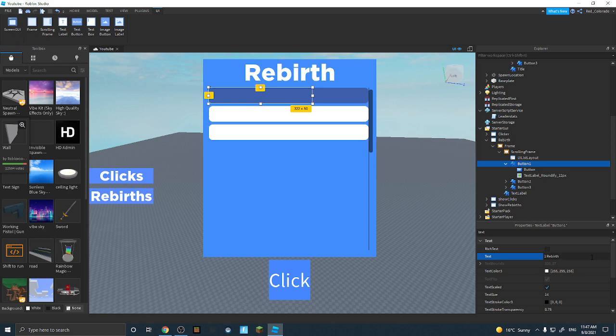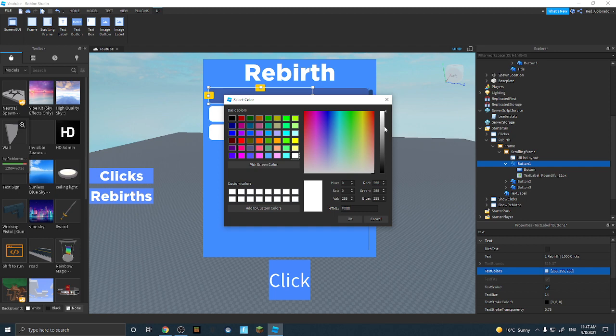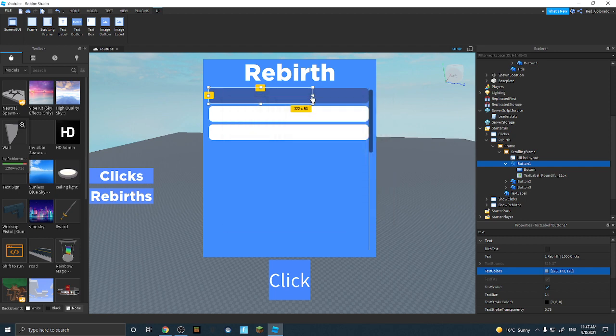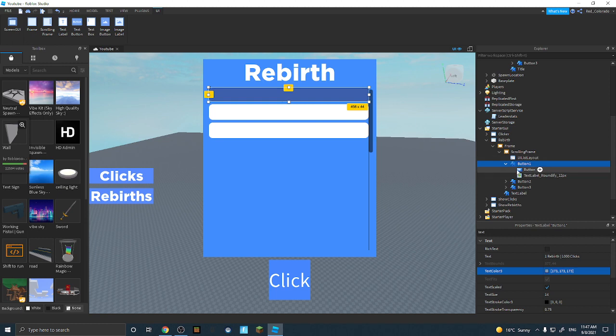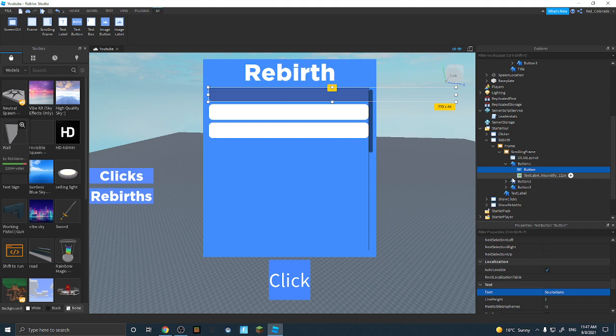One rebirth, and then I'm gonna do this wall. 1,000 clicks. One rebirth, 1,000 clicks. Text color, that color, put it in there. Oh god, it's simply not good. So basically, why is it that thick? I don't know, but